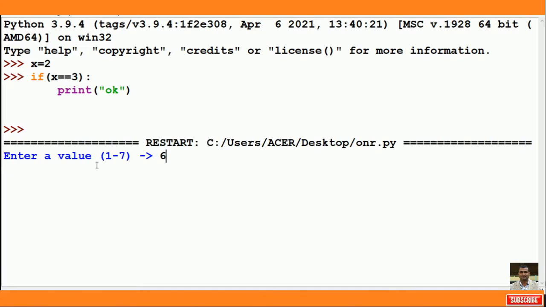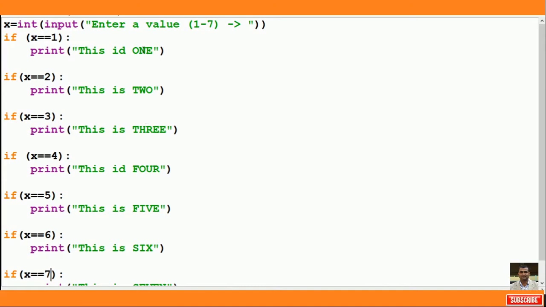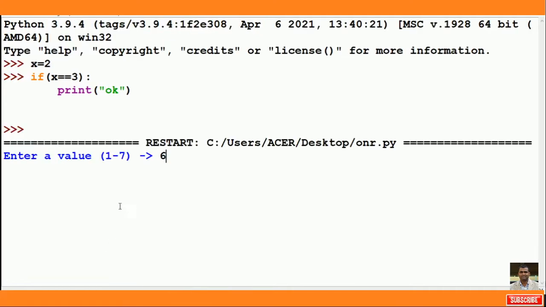Now think: when you have written the code, how many if conditions does it have to pass in order to get to 6? Any idea? It will first check x equal to 1 or not. It is not getting a match. Then it checks the next one, and the next, then this one, then the fifth. So 1, 2, 3, 4, the fifth time a match occurs, so it is going to print, just check it out, this is 6.